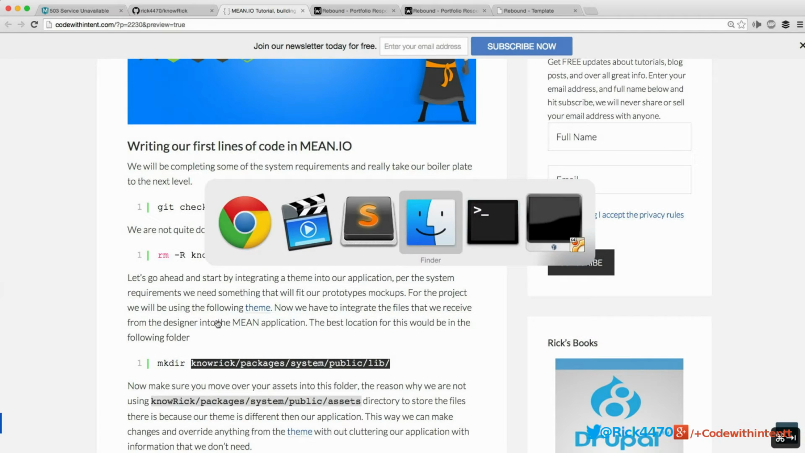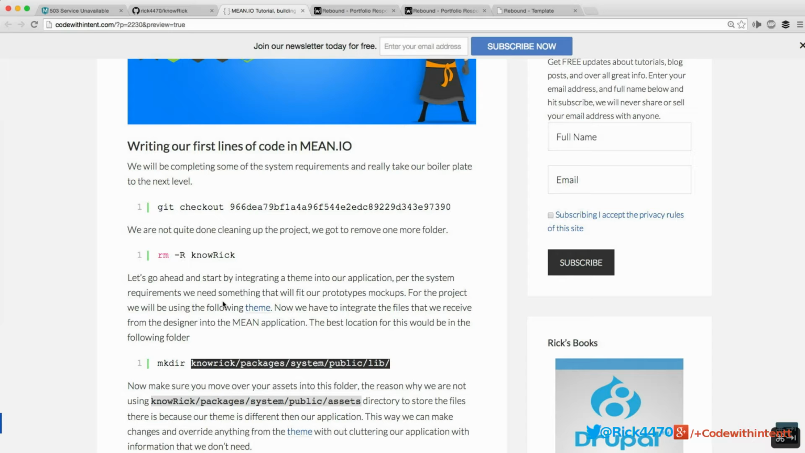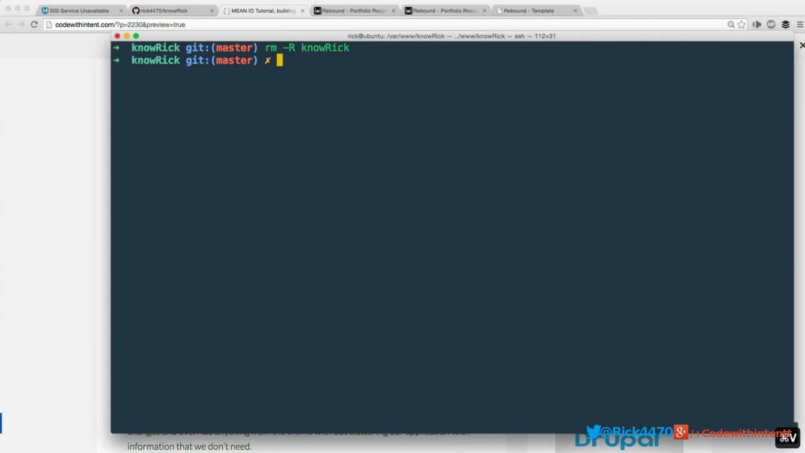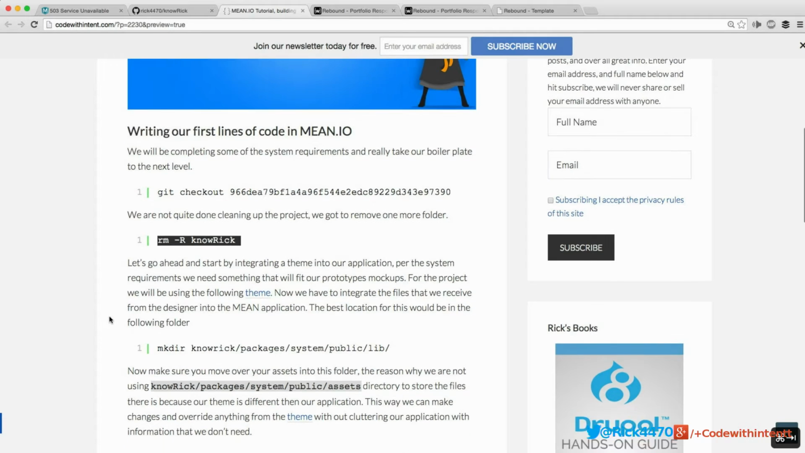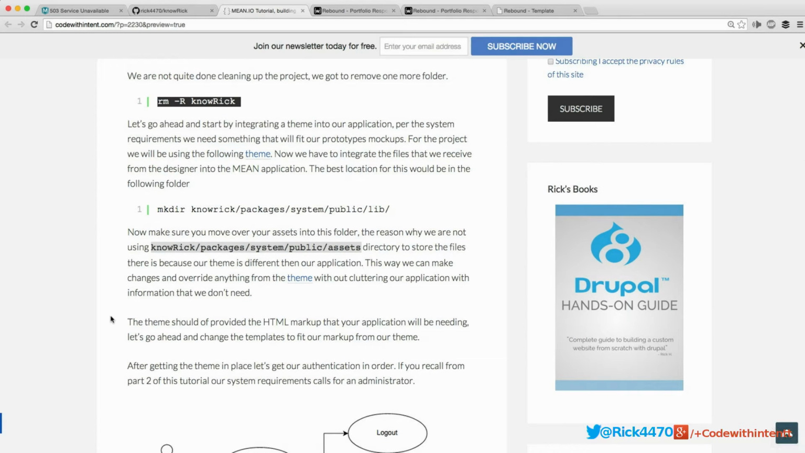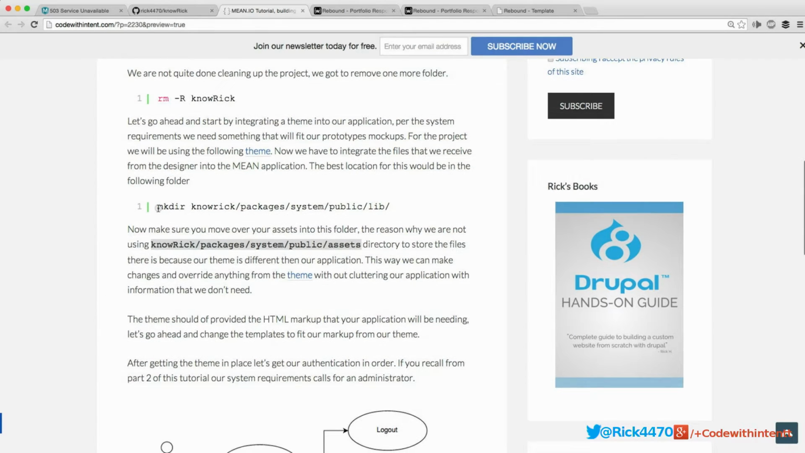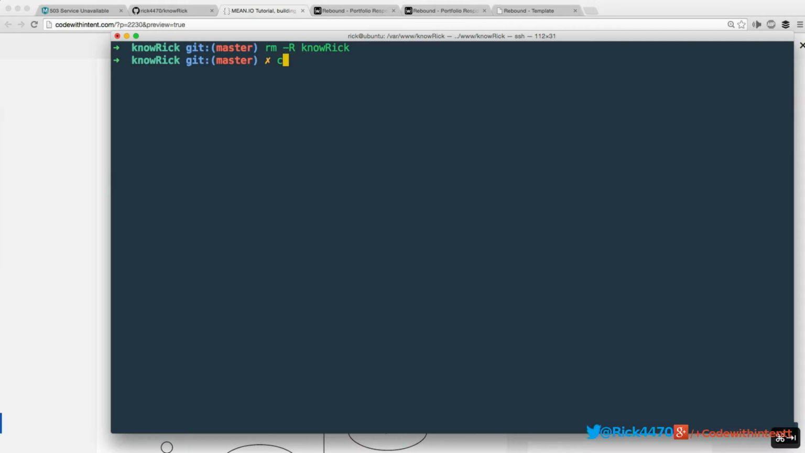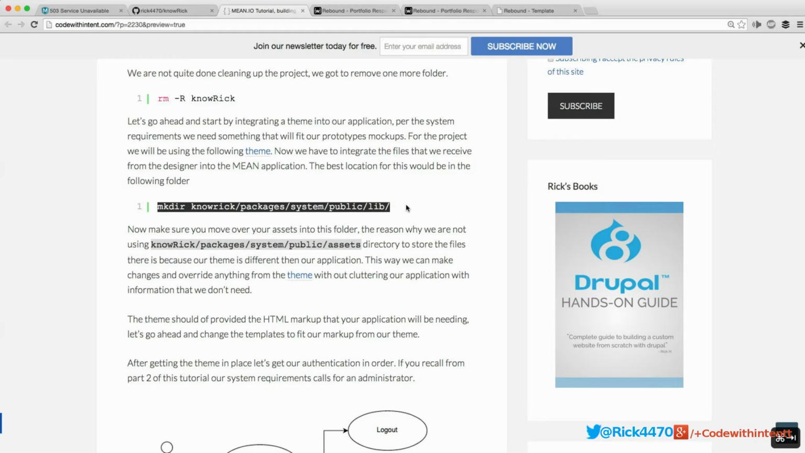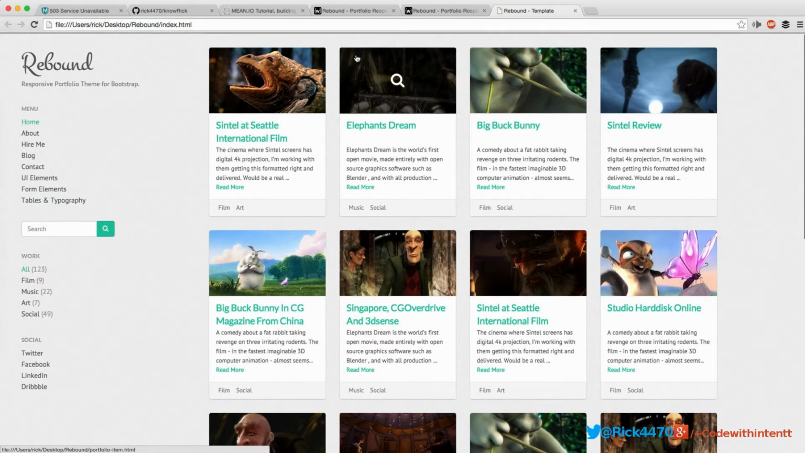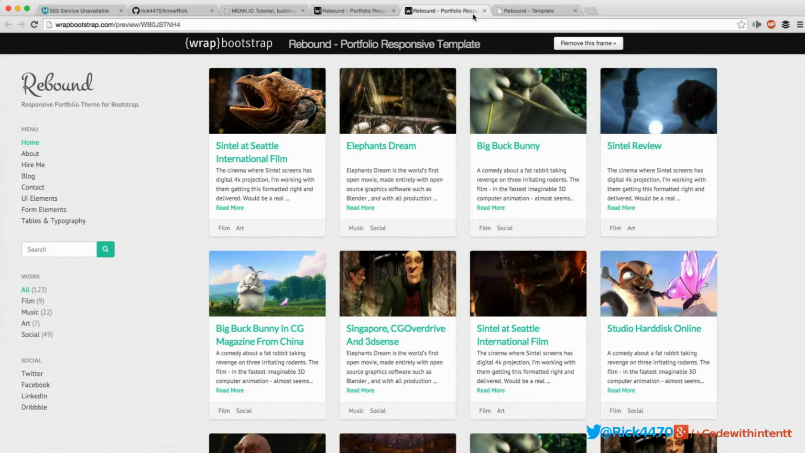We want to go ahead and log in to our server if you haven't already, and we're going to remove this directory called known Rick. This is the repository that I copied back in tutorial 1. Now we want to make a directory for our assets for the theme that we're going to be using. The theme that I decided to use is called a rebound template, and this can be found at